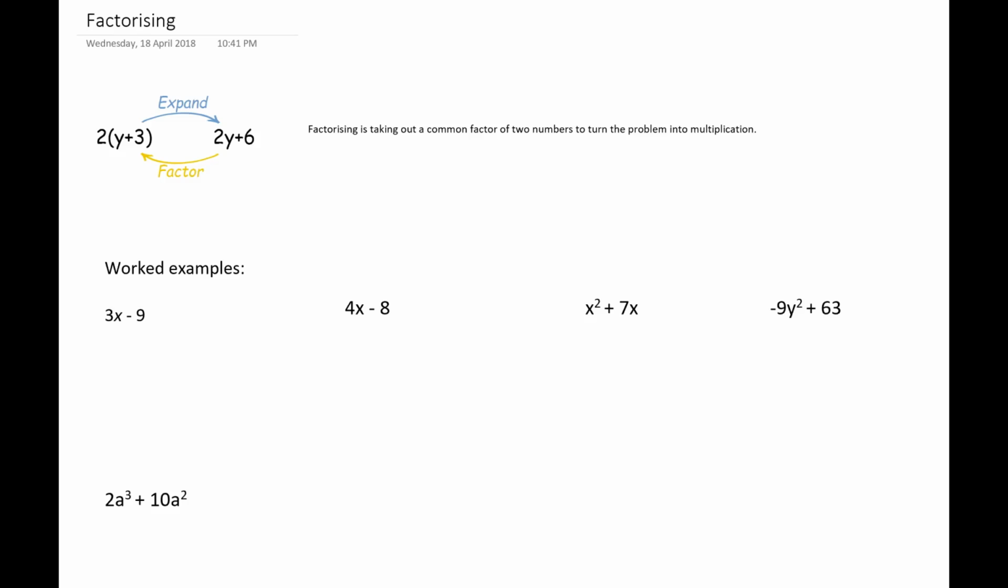Okay, we're going to look at factorising today. Factorising is the opposite of expanding, really. Factorising is taking out a common factor of two numbers to turn the problem into a multiplication. So when we start with something that looks like this, 2y plus 6, I can take it and turn